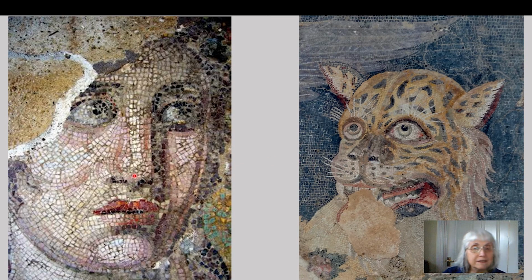And over here we've got the male figure with lights in the eyes, and you can see on this the way that the mosaicists have arranged the tesserae to show the planes, the angles of the face. You can see the lines coming down here with small tesserae up here and larger ones down here to get that change in angle, that width across the cheek that isn't there by the eyes. And little bits around here, around the nostrils, the tesserae go in a different way, across between the nose and the corner of the mouth there,